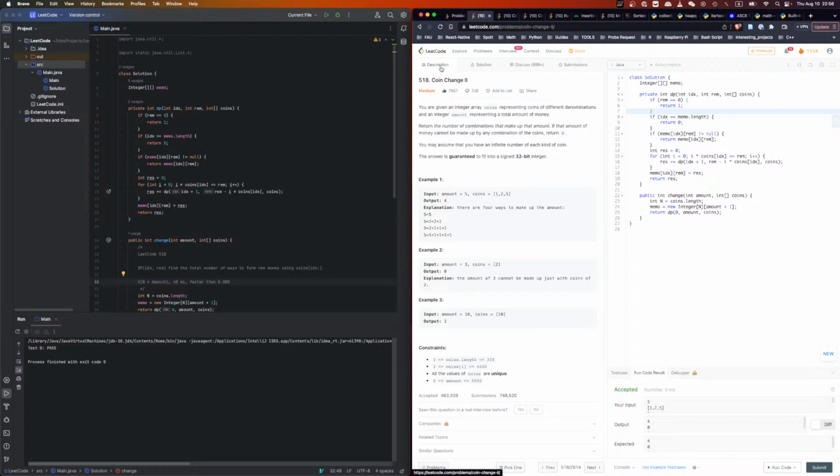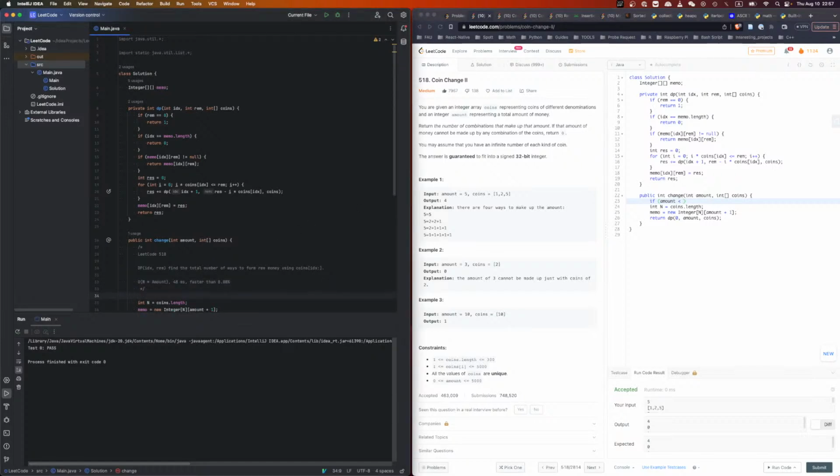For example, if everyone in coins is bigger than the amount, then that's impossible, right? Yeah, but that's just a very small thing. I mean, we can do here, we say, if amount smaller than, find a minimum of coins. How do you find minimum? I think it's I